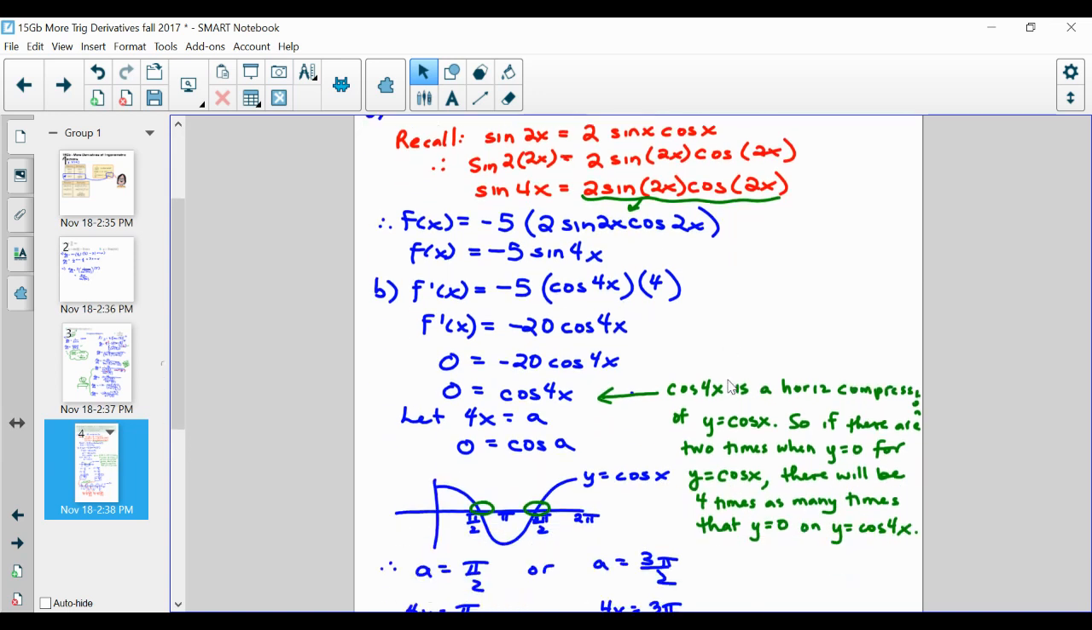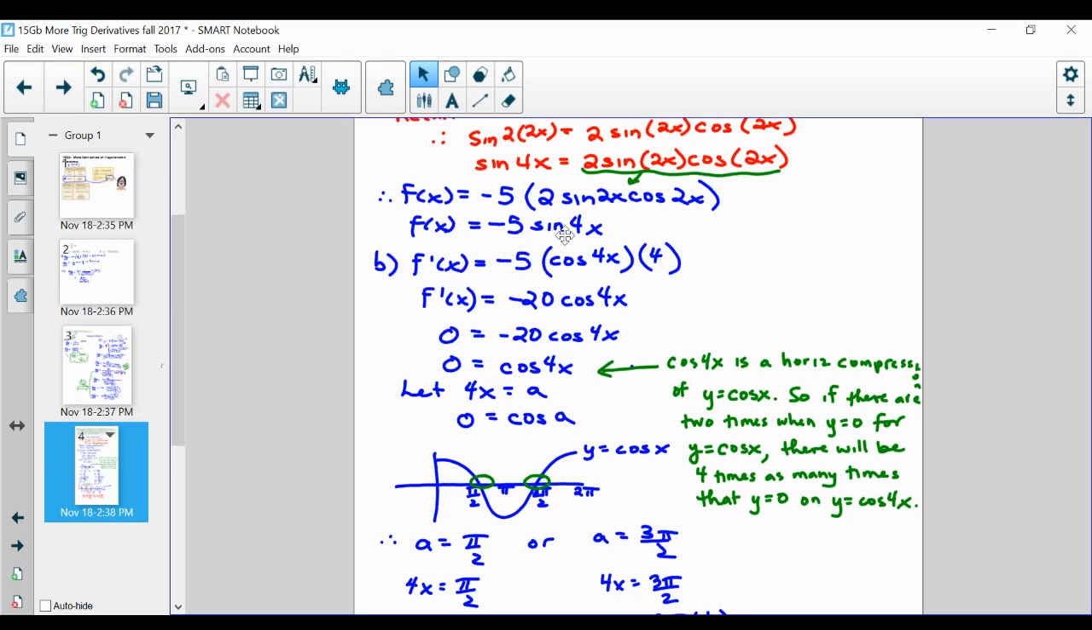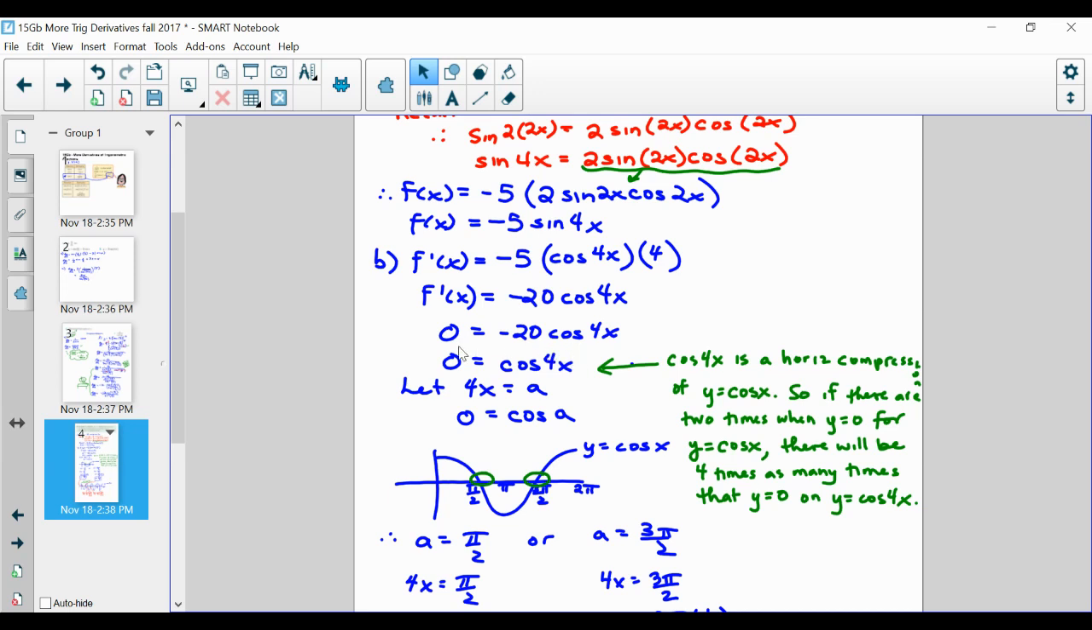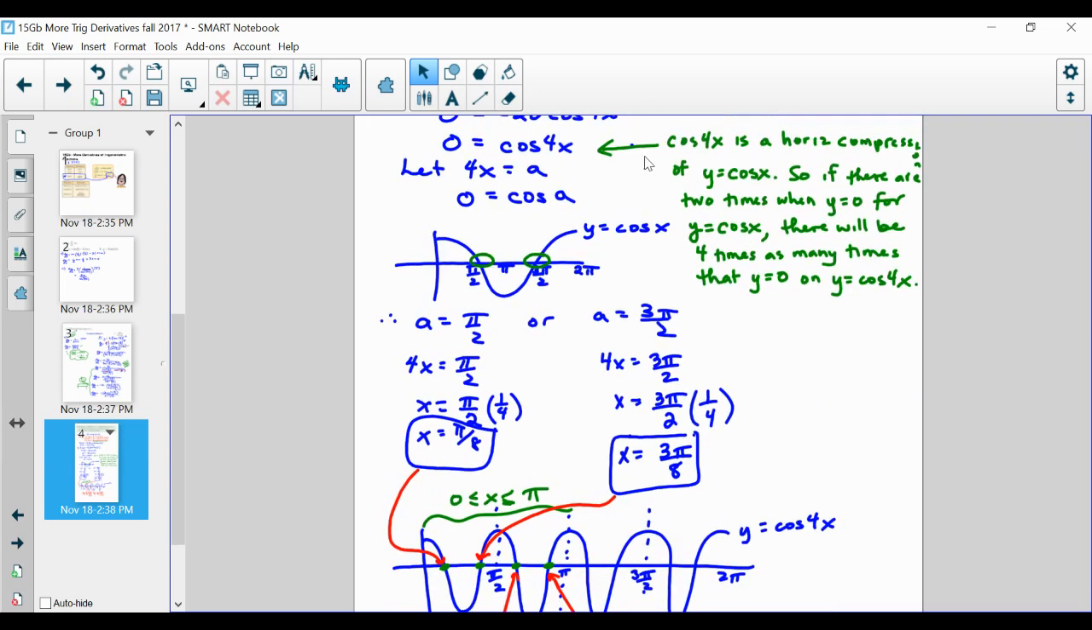Then if I want to solve it, that's going to use some of the tricks we've used over the past few days. Okay, I'm going to take the derivative, so pull out the negative 5, take the derivative of sine of 4x, which is cos 4x times 4, multiply, and simplify. I'm going to get 0 equals cos 4x. Now this is a bit more complicated, so we're going to see here that this has a horizontal compression of y equals cosine x. So if there's 2 times when y equals 0 for y equals cosine x, there's 4 times as many times on that new function. Okay, so we find